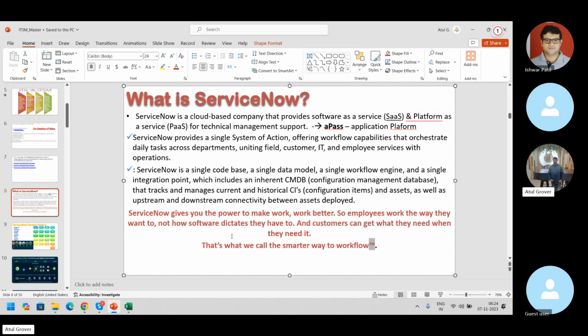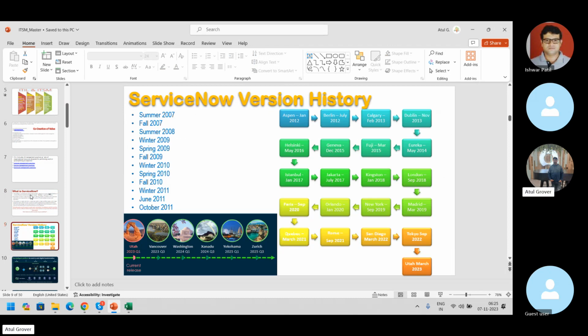OK, so when you do a deep dive in ServiceNow, you will understand these words or these lines very beautifully. You can do a number of things in ServiceNow. What you want to achieve, you can achieve in ServiceNow. Automation, workflow, flow, form, buttons, email, SLA, whatever you need, everything can be done here. The way you want, the way the customer wants, the way the business wants, you can design it. Clear? Now, we'll pick up this as well.